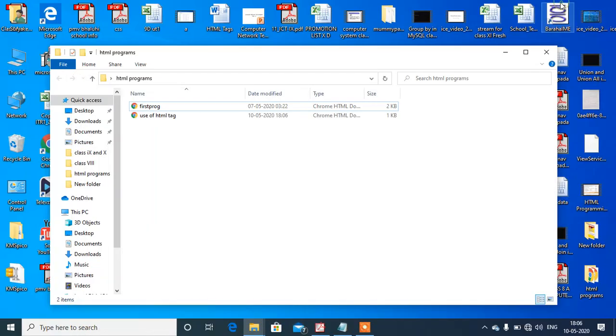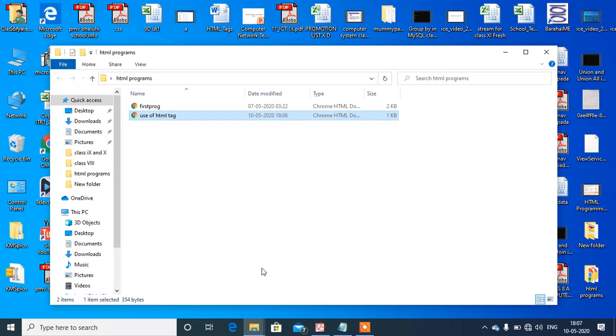Coming back to the program, here is the program that is saved. Now I am double clicking it to open it in Google Chrome. You can also use any browser to run this program.